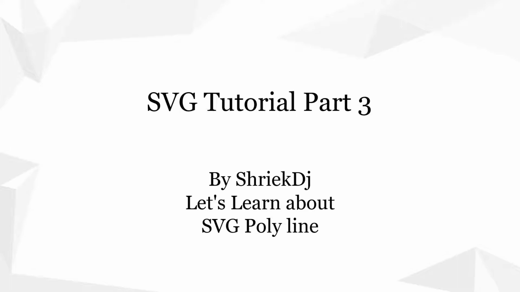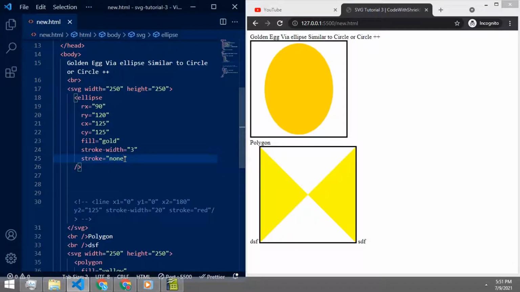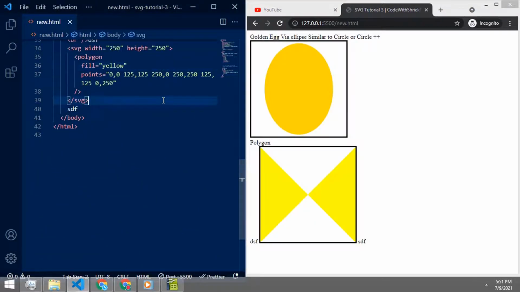Okay, so let's create another shape, which is polyline. What are polylines? See, as I said, a polyline is a shape which is similar to a polygon and a line. Both combined are called a polyline.